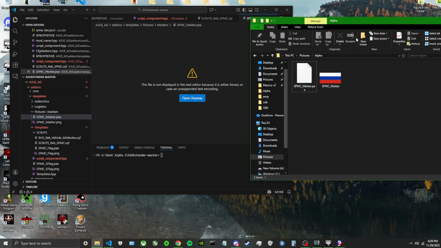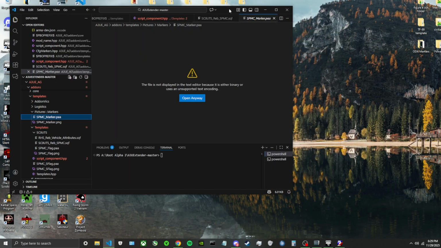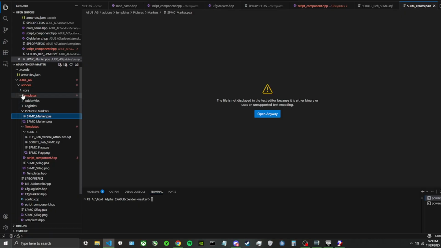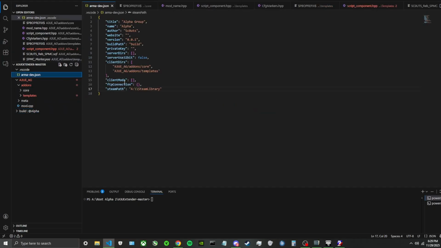The template folder is done. I believe we are now in the debugging stage. So we can go ahead and close here. We're going to full screen this, and we're going to run through everything one more time just to make sure we have everything correct. So we don't need to focus on the build or the meta folders. All we're going to focus on is core and templates. We're also going to make sure that these are listed in the client directory. A3UE_AOG/addons/core, and then the same thing for templates. They are listed there in